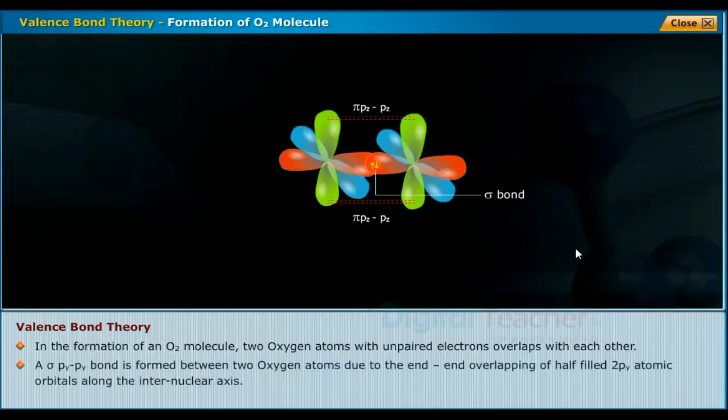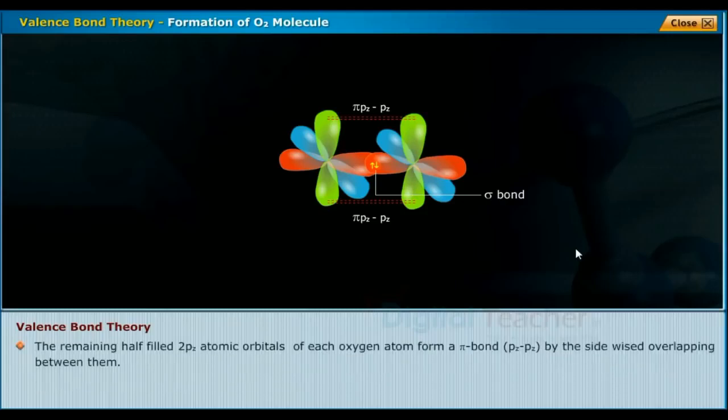A sigma py-py bond is formed between two oxygen atoms due to the end-to-end overlapping of half-filled 2py atomic orbitals along the internuclear axis. The remaining half-filled 2pz atomic orbitals of each oxygen atom